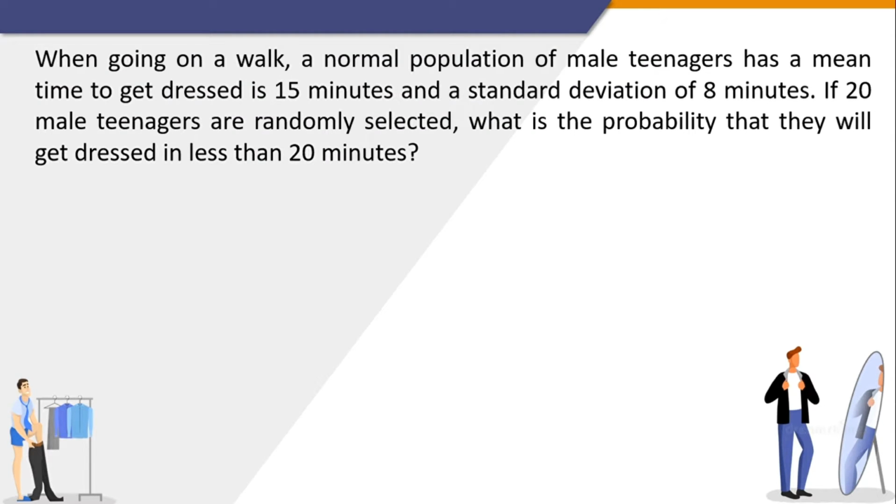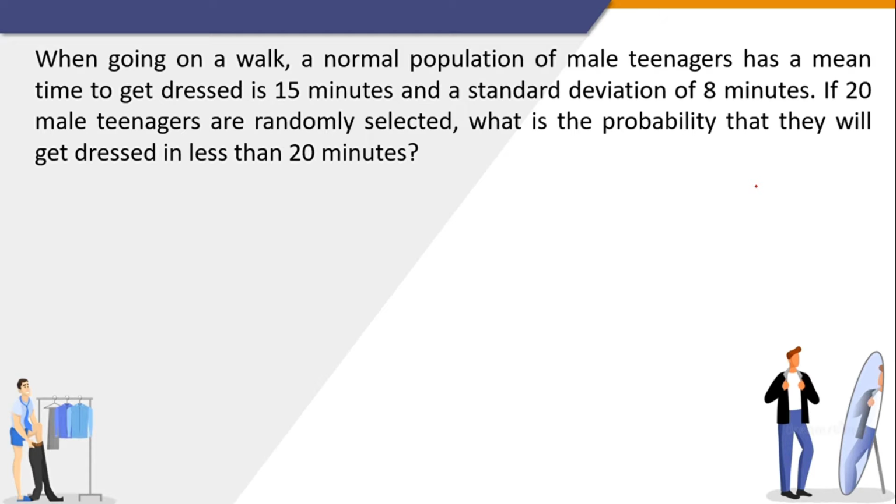When going on a walk, a normal population of male teenagers has a mean time to get dressed of 15 minutes and a standard deviation of 8 minutes. If 20 male teenagers are randomly selected, what is the probability that they will get dressed in less than 20 minutes? So, sabi natin kanina na kailangan